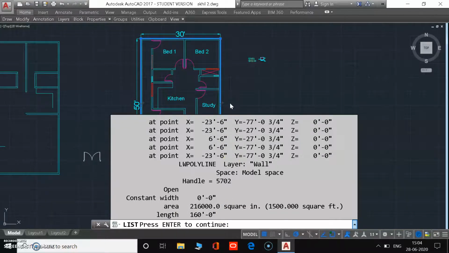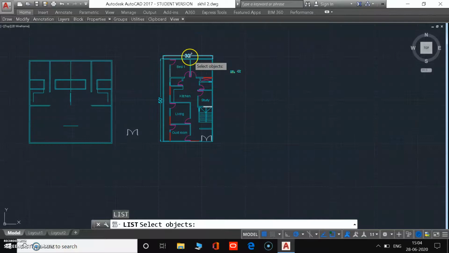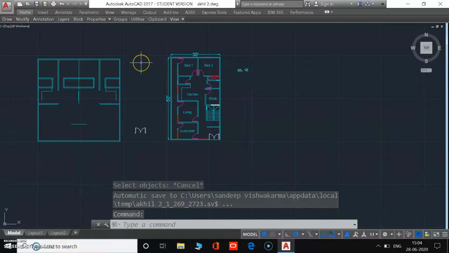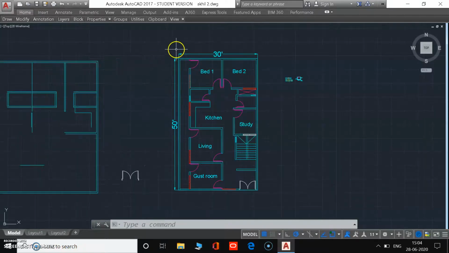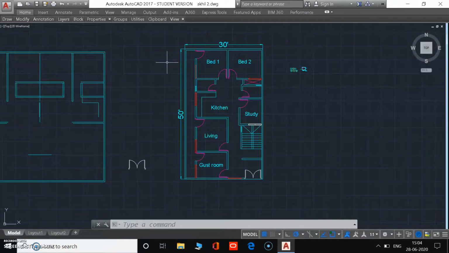So friends, these are the basic commands for measuring area in AutoCAD, and it is very basic because many interviewers ask how to measure area and by which command in AutoCAD. So it is also an interview question. Please keep it in mind because AutoCAD is very important for us, as we are engineers in construction. Keep it in mind and use it regularly.